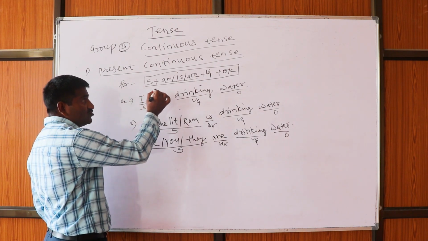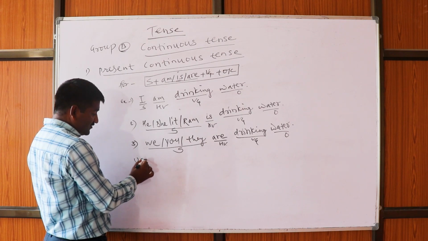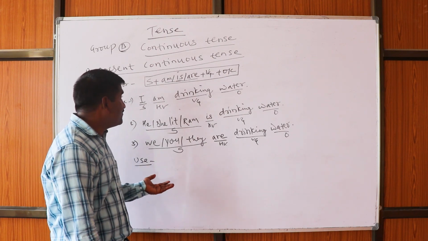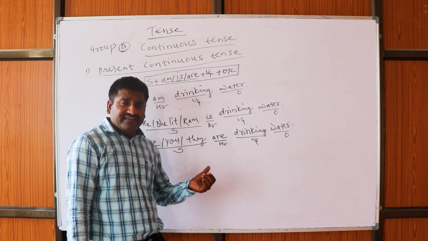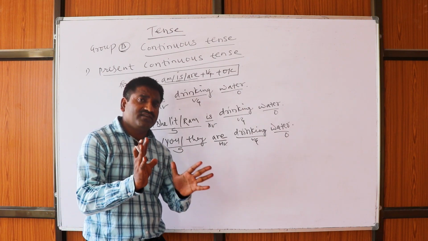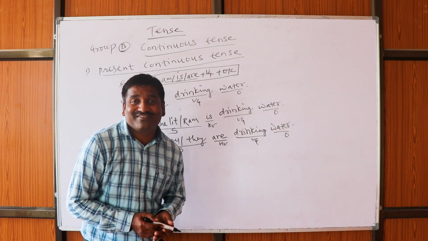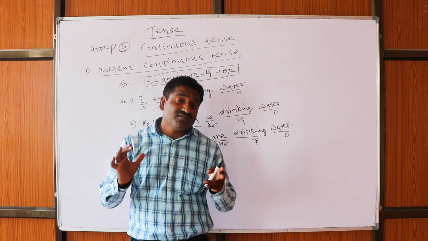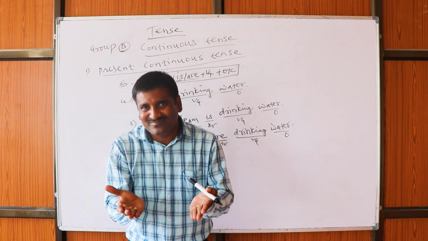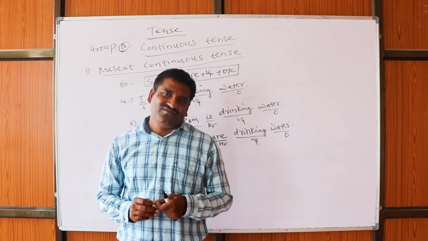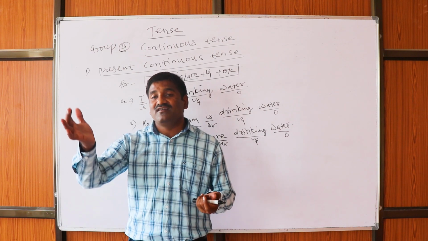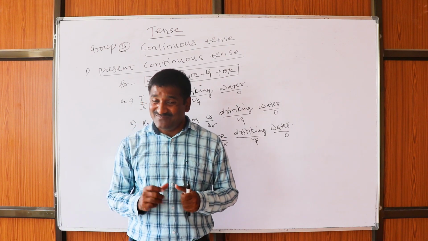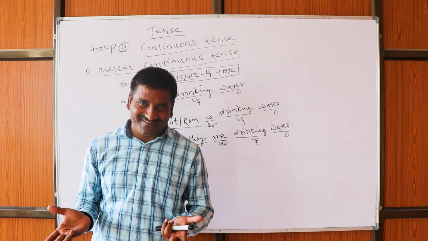Now, this structure will help you to write well, and use of present continuous tense will help you to speak well. So, what is the use of present continuous? See, actions which are running temporary. To express them, we use present continuous tense. At the time of speaking, if some actions are going on, to express them, we use present continuous tense. For example, I am teaching here and somebody comes and asks me, "What are you doing, sir?" So I will reply him, "I am teaching English grammar to my students."